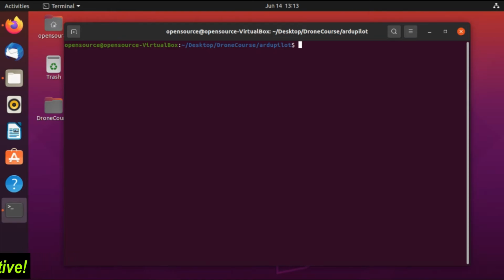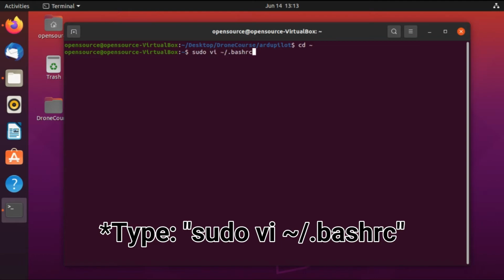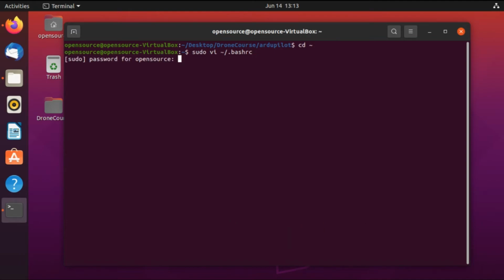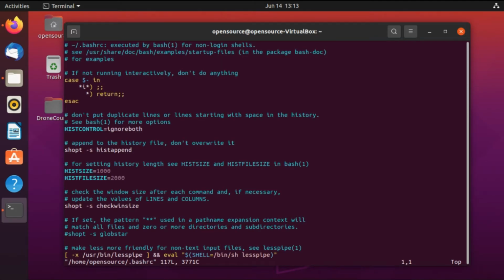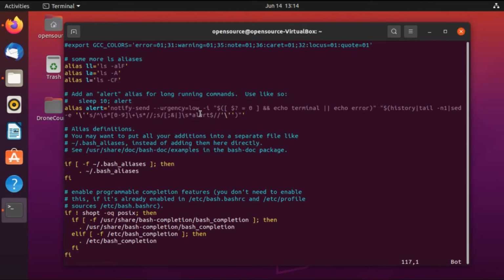To do that, all we have to do is open the .bashrc file by entering the command sudo vi, where vi is from Vim, the editing tool package, remember? And then this sign ~/.bashrc and then hit enter. So first of all, what is the .bashrc file? Whenever a user opens a terminal, this .bashrc file will automatically run. So it basically provides a place where you can set up variables, paths and functions that you want to use every time you open a new terminal window. And that means you can define your environment variable path too.